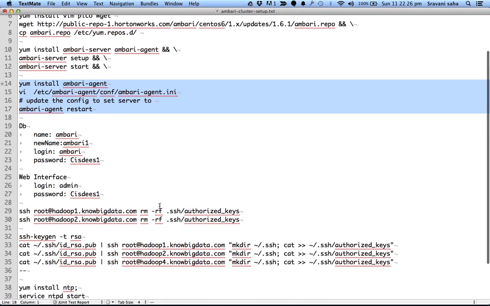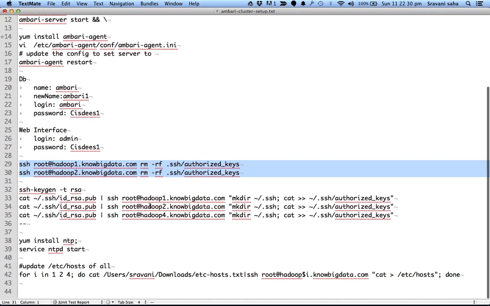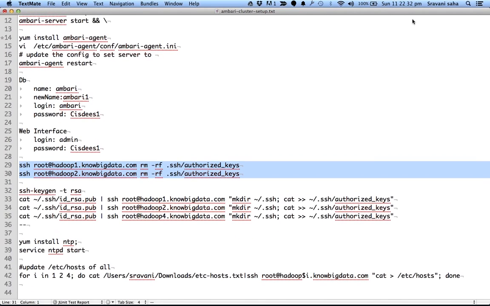At the same time, I had copied the SSH key from Hadoop 1 to all the machines. That made sure Hadoop 1 will be able to connect to any of these machines and install things.